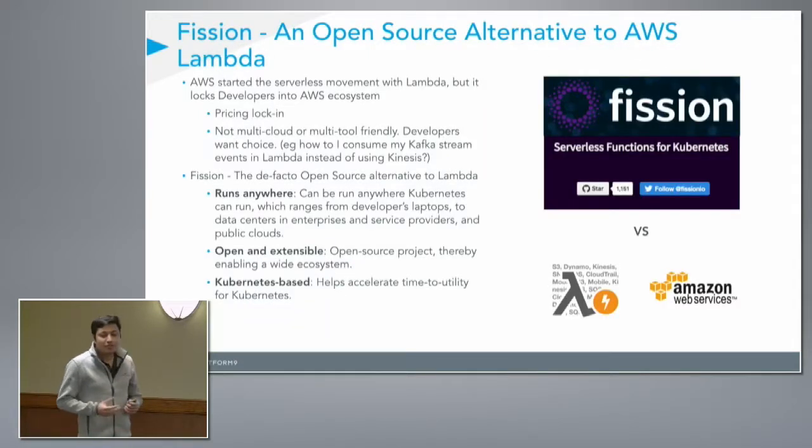So Fission is our open source alternative to AWS Lambda. AWS really started the serverless movement with their Lambda introduction. When they introduced it in reInvent 2014, roughly, to the last reInvent gathering, there have been a lot more services and event sources added to it, and a lot more customers realizing the benefit of using functions as a service, essentially. So they're pushing further and further up the application stack, while the infrastructure gets pushed further and further below in terms of them having to deal with it.